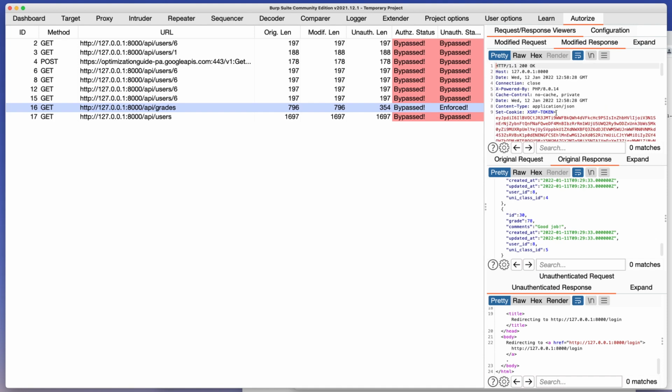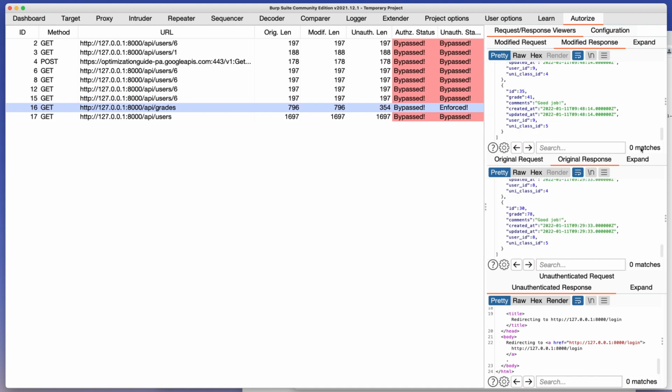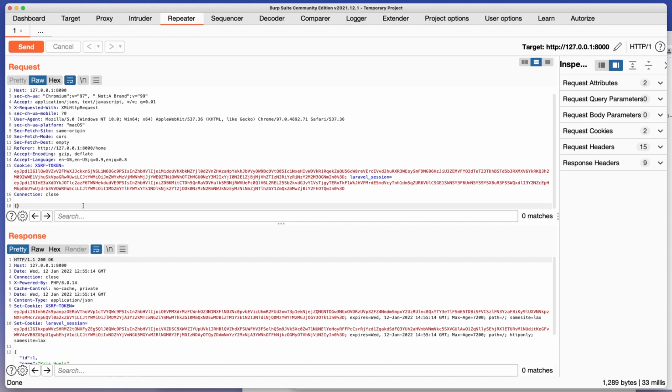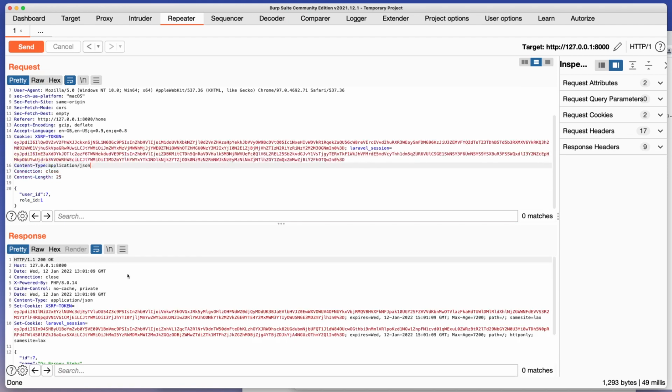But one of the most useful things to me is just going through these responses and double checking, especially when you start to modify. You know, if I go into repeater here and I'm instead going to do a put request to user ID 7, and maybe I'll go into here and do user ID 7 and then do role ID 1, and I'm just gonna have to do content type application JSON and press send. I can see here that I've not necessarily managed to update this, so this might be a